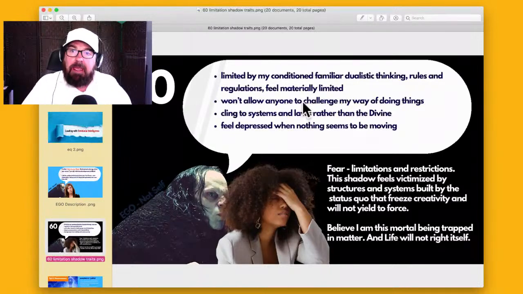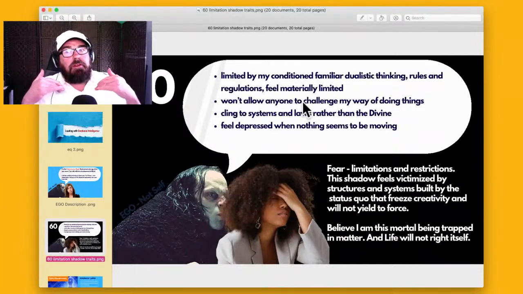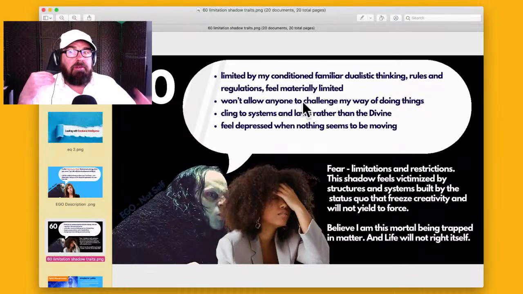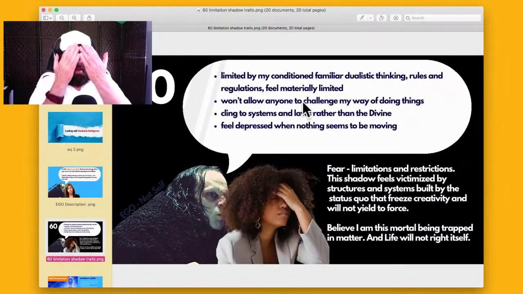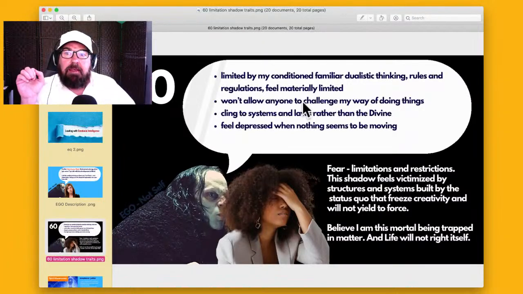Maybe you feel afraid, or you feel angry, like I want to rail against these systems, or I feel grief, right? I feel really sad about this. Maybe I'm seeing limitation all around me, because when you're in the shadow, that's all you see. That's all you see is shadow. You don't see the truth, right? It's like you've got these limitation shadow glasses on, and you look around, that's all you see.